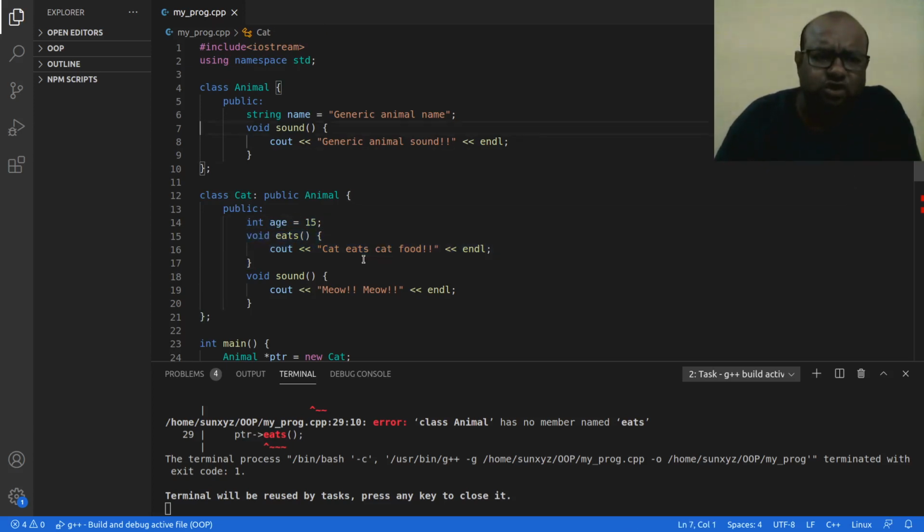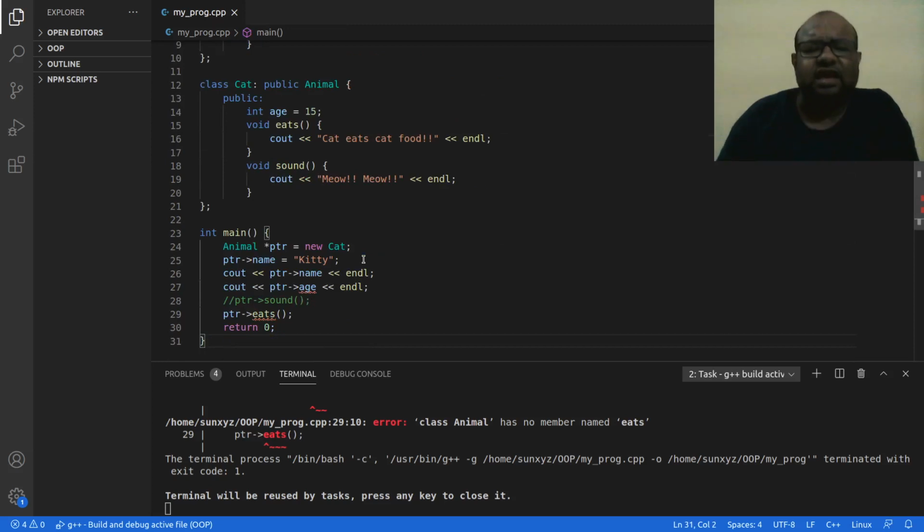So it seems when I have a parent class pointer pointing to a child class object, I can access only those things which are already there in my parent class. So all these new things that I defined inside my child class, this age and then this each, I cannot access using this parent class pointer.